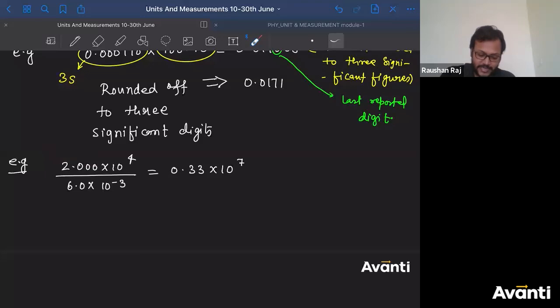Now, if you take the division of this, you'll get 0.3333 like this. है ना? बहुत बड़ा मिलेगा. But up to which point we have to stop? So you'll get 0.33 ऐसा करके आंसर मिलता जाएगा. So which is the last reported digit here? So we have to talk about only 2 significant digits. That means 1, 2.